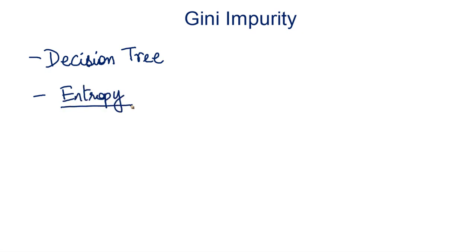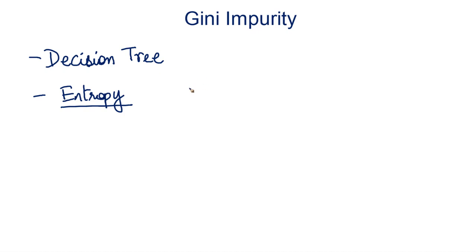Let's understand the concept and the math behind Gini impurity and how it all ties together in the field of machine learning, and more specifically the decision tree algorithm. Because earlier we saw another concept, that is entropy. How is entropy used? Entropy is another metric very similar in purpose to Gini impurity, right? Entropy is also used to decide how a given split should be made on a given decision tree.